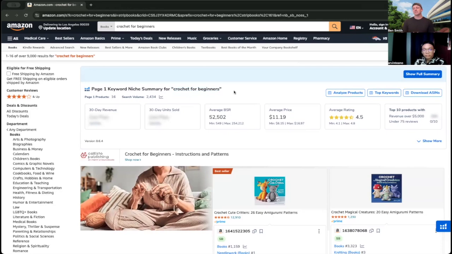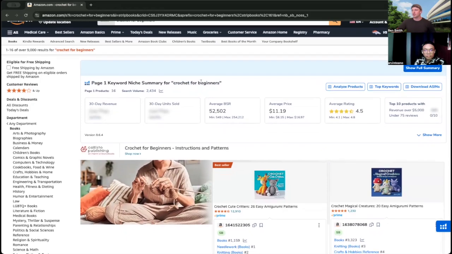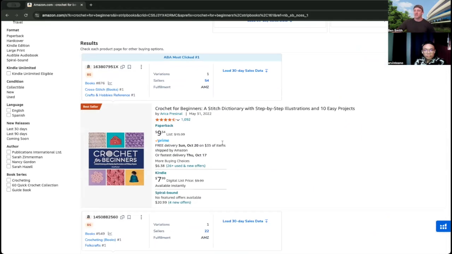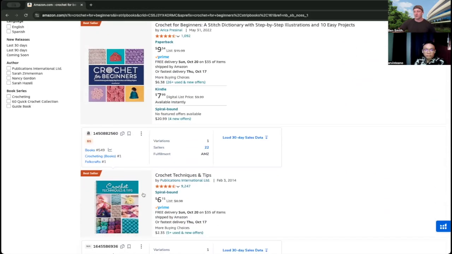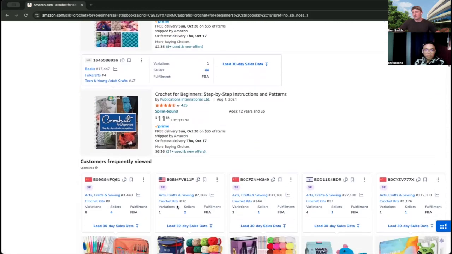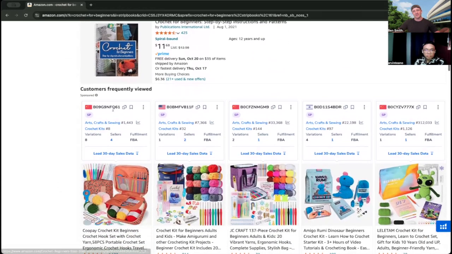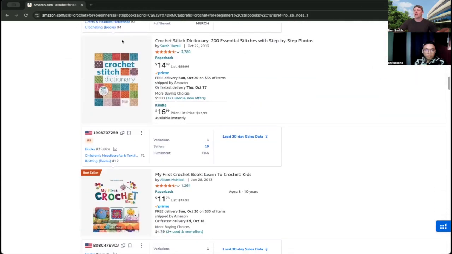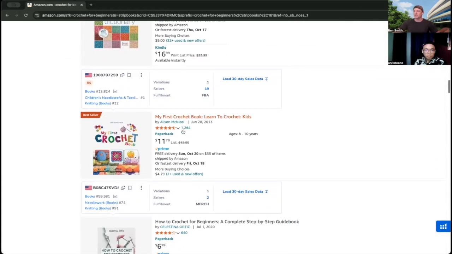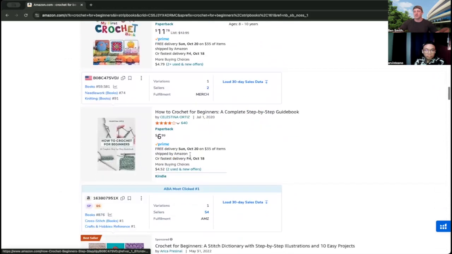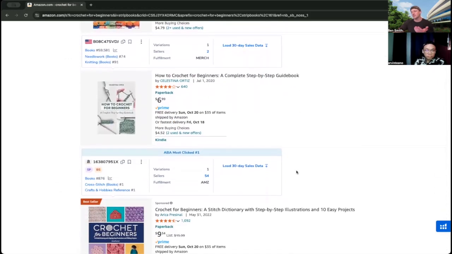And again, this is not an exact science. So an ideal situation is we're going to have between 5 and 10 people showing up with crochet for beginners, because it tells us that this is a great keyword or keyword family to target. So in this case, I'd go through and I can see crochet for beginners. They don't have it, crochet for beginners. You know what I mean? So we want to understand, do these titles have crochet for beginners in them? That helps validate to us that there's keyword demand.